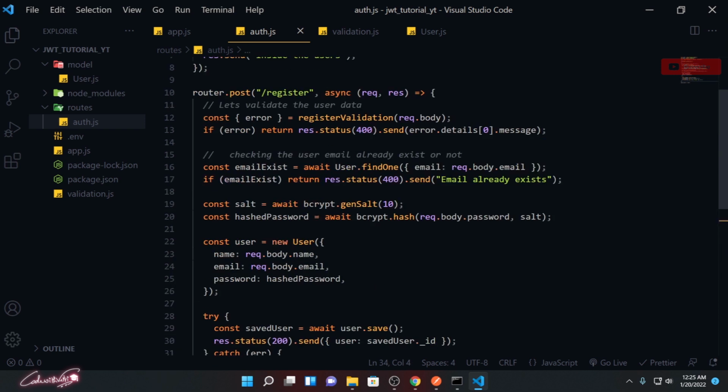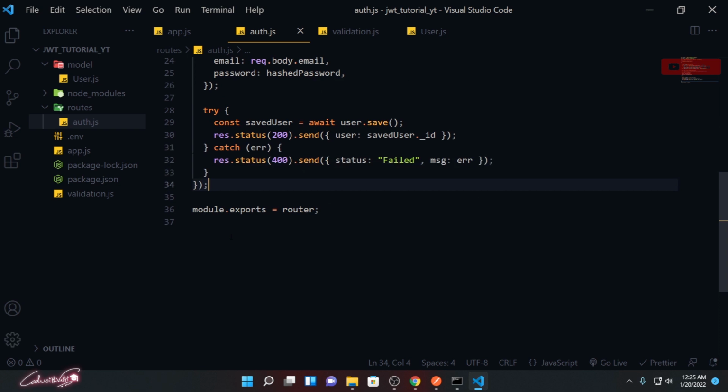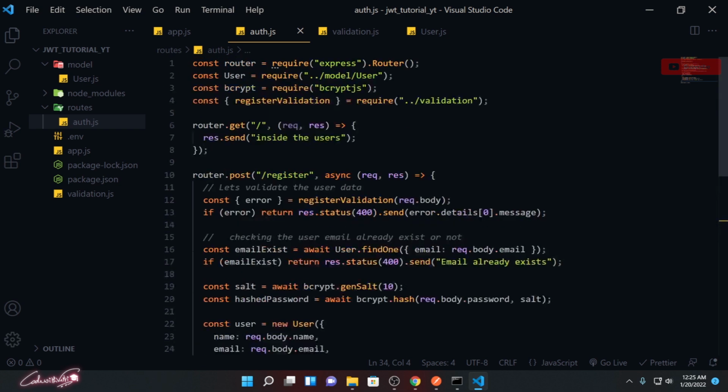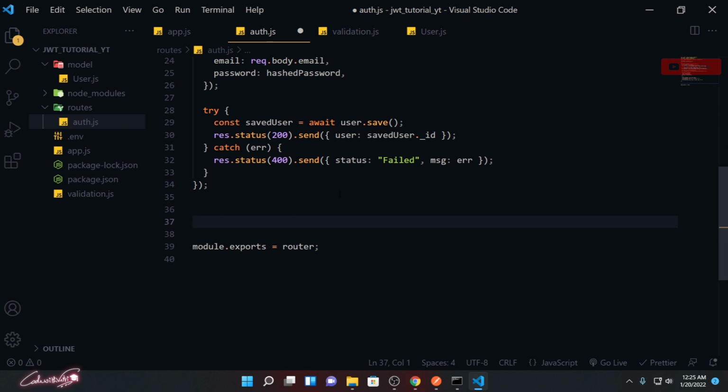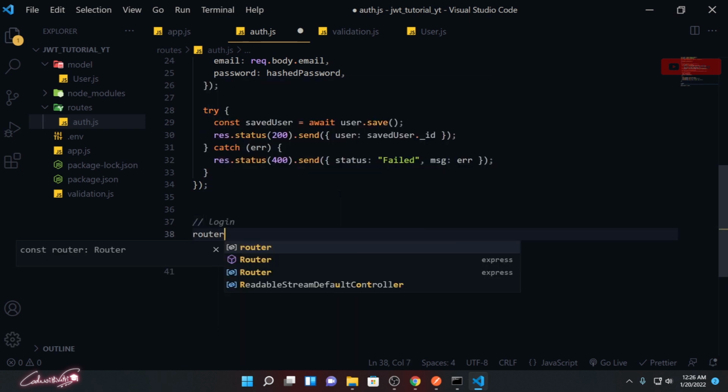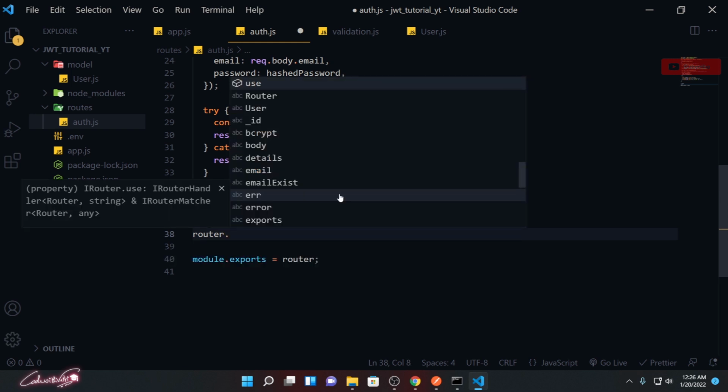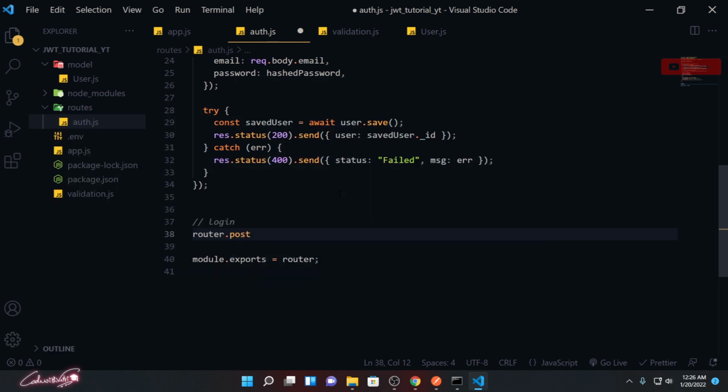Cool. So now our register is so far so good. We did whatever we needed to do. Now we need to create a new route, and make sure that route is after this. This is for login. So router.post, it's also going to be the post method, not a get, and it's going to be slash login.